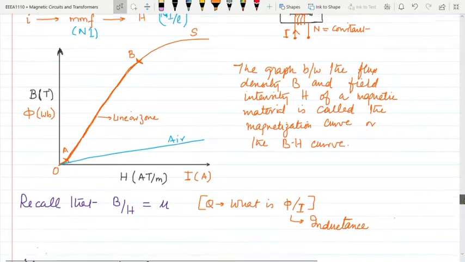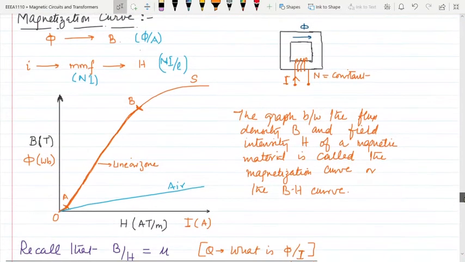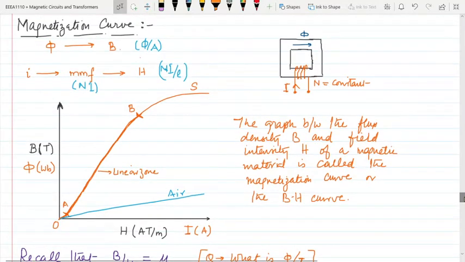Hello, dear students. Let us begin our topic of magnetization curve, which is also known as the BH curve, and we will be seeing something about the electromagnetic materials that we were discussing up till now. So up till now we have discussed that we are having a core like this, and it may be a circular one or like this, and there may be some air gap or other things. Also there may be something which is also said as leakage factor.